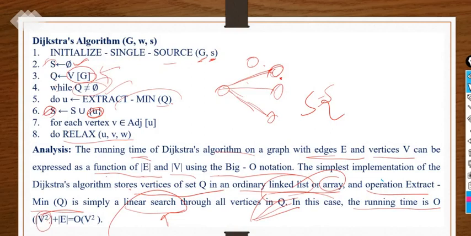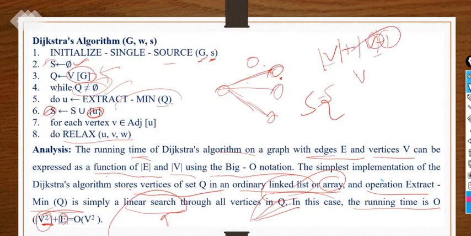V square, where V is vertices and E is edges. If we are doing the linear search, traversing each and every vertex and selecting the minimum one, then for that purpose we use V square plus E. Here V is the vertices, and the number of edges without any loop is V minus 1. So V minus 1 is the constant part, and you can write this V as E or whatever.